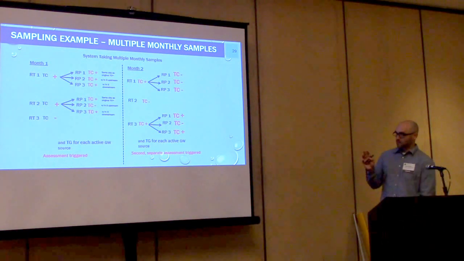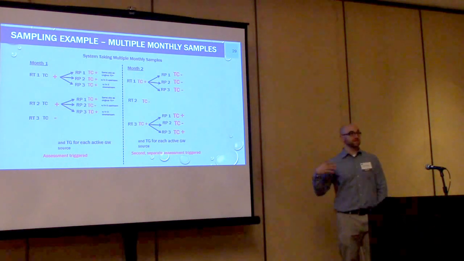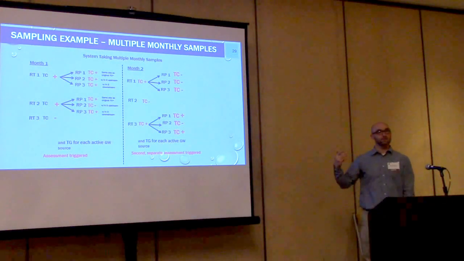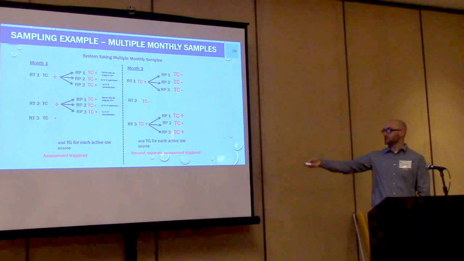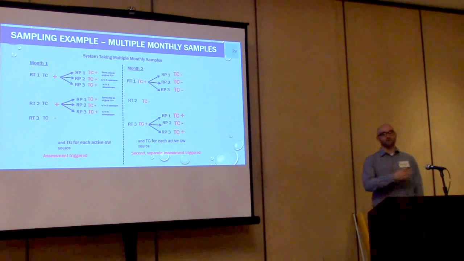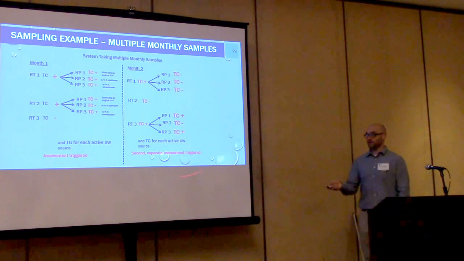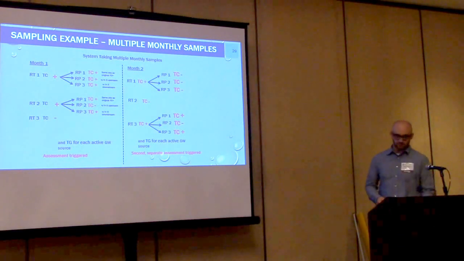So because the site assessments were triggered because of different events, in month 1 it was those samples, in month 2 it was these samples. Because of that, the system needs to perform both assessments. Doing the level 2 in month 2 doesn't supersede or cover the requirement to do the level 1. So the operator will still have to go out and do the level 1, either while or before the contractor goes out to do the level 2.